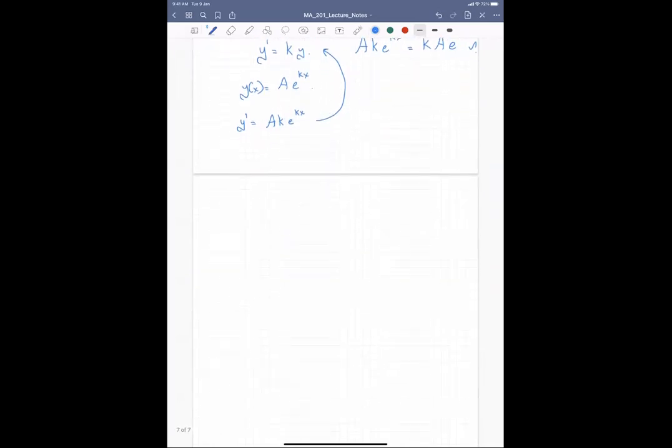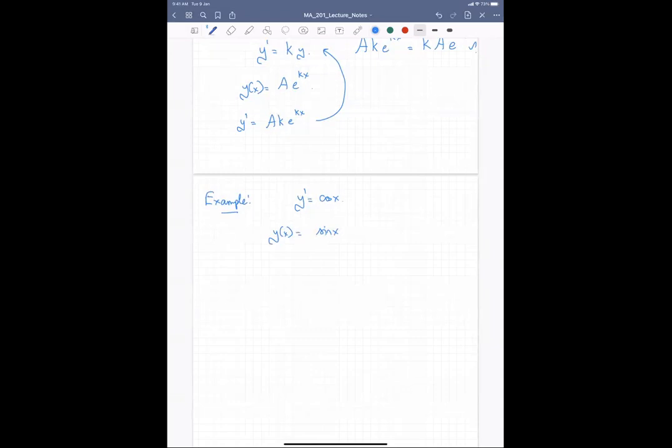Sometimes it is possible that there is redundancy in the problem. For example, if you take the equation y prime equals cosine x, or y prime equals sine x, some simple example like that, you can solve this differential equation using very simple integration, right? Or even if you didn't know how to solve a differential equation formally, you can guess: what is the function that when differentiated will give you cosine? It is a sine, right? So obviously the solution is y of x is sine x.